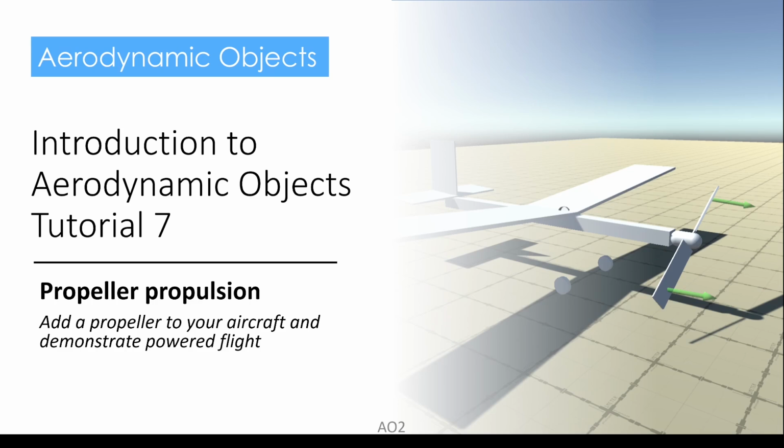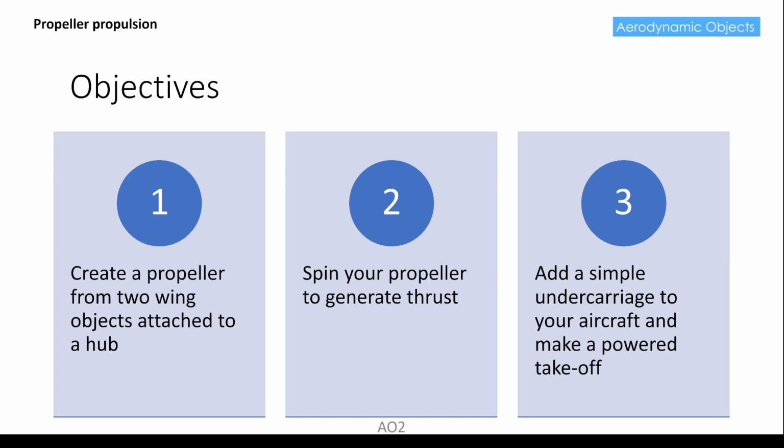Introduction to Aerodynamic Objects, Tutorial 7, Propeller Propulsion. In this tutorial we're going to add a propeller to your aircraft and demonstrate powered flight. What we're going to do is create a propeller from two wing-like objects attached to a hub. Then we're going to spin this propeller to generate thrust, add a simple undercarriage to the aircraft, and then finally